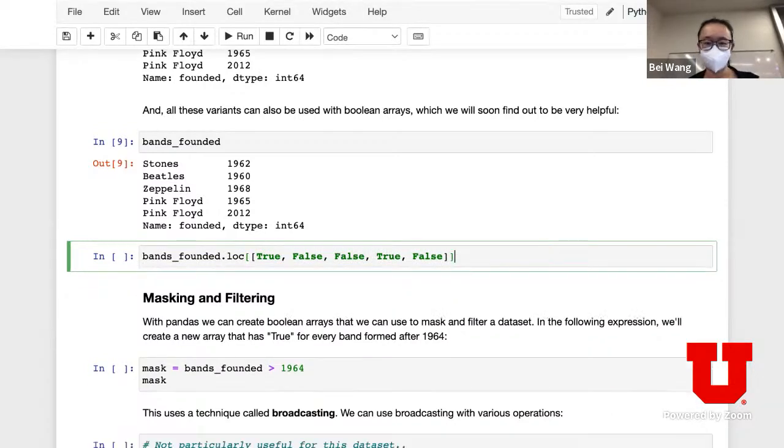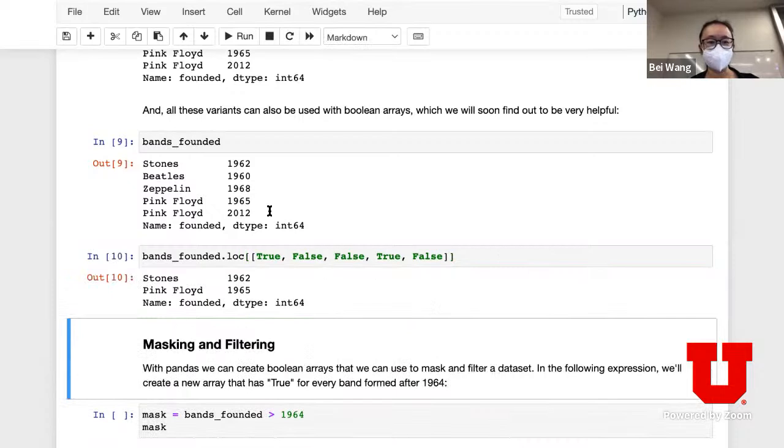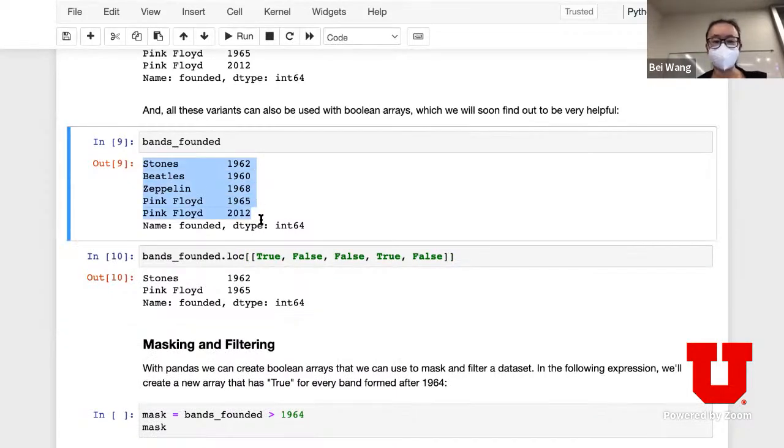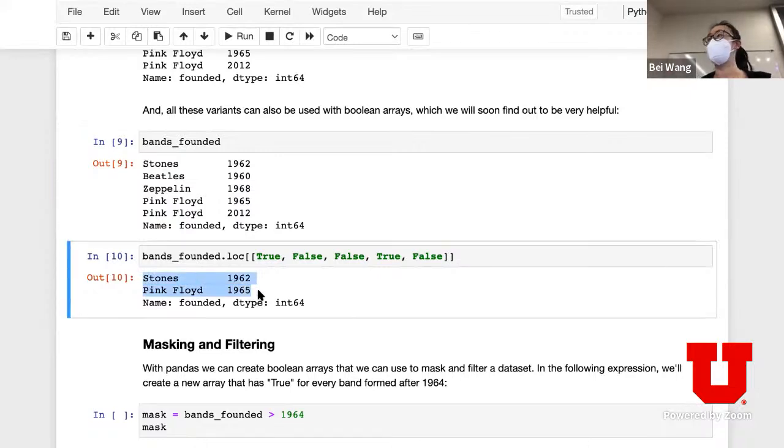In this particular case, if you look at this data, it has 5 pieces of data and it says true, meaning that the first row I'm going to take. False, I'm not going to take the second row, not the third row, but I'm going to take the fourth row and not the fifth row. So what is returned are the ones corresponding to the true Boolean values. Okay, so this is a first taste of masking. What do true and false do? They basically correspond to select or not select.